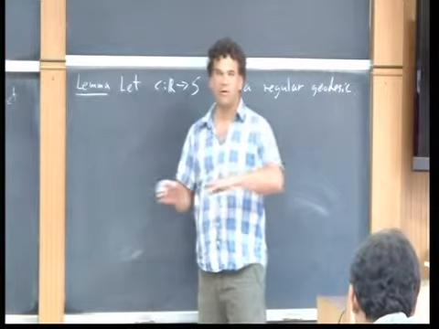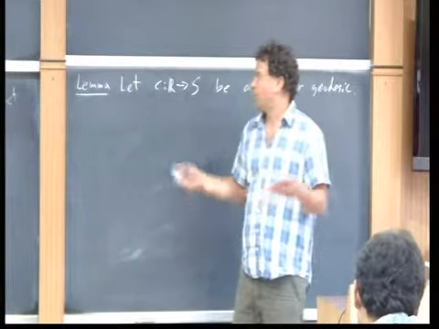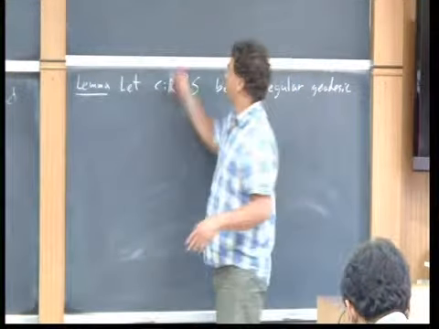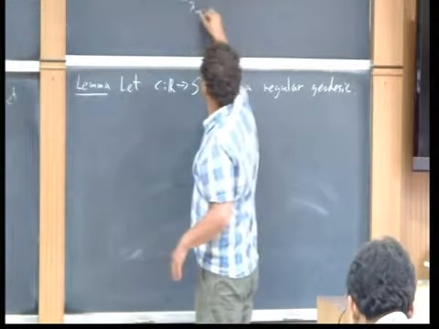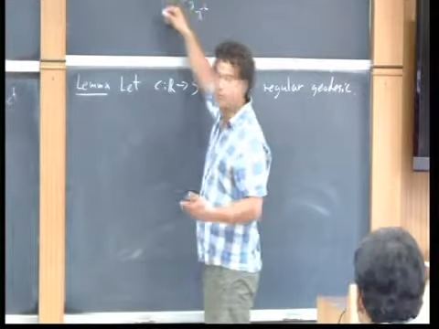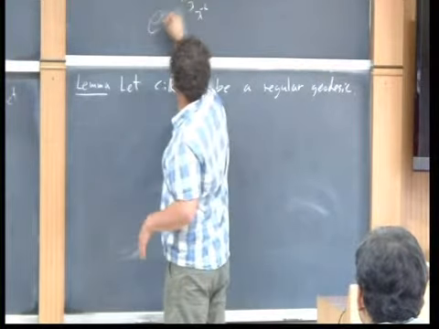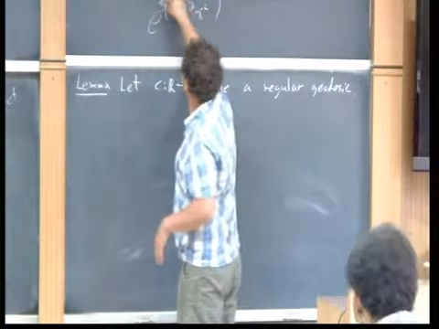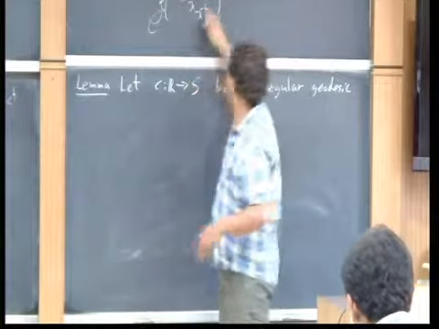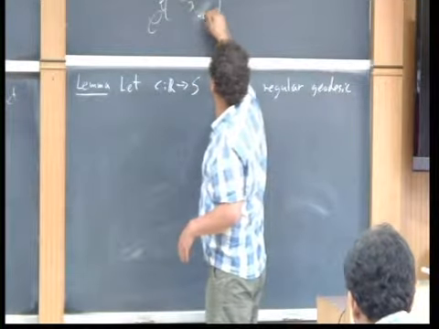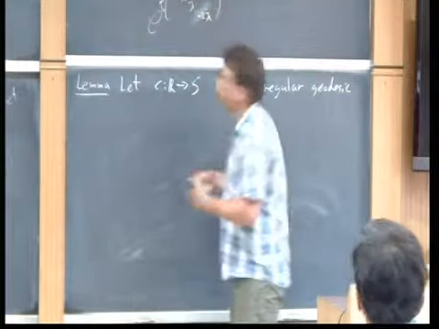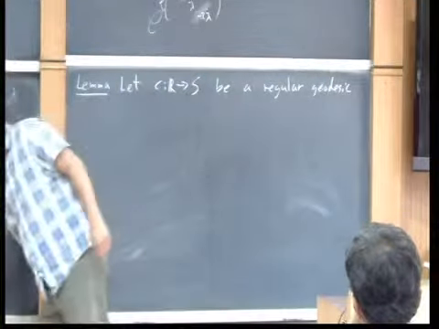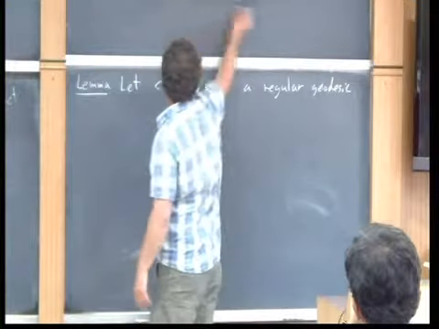So in other words, in rank 1 every geodesic is regular, but in higher rank there are geodesics which correspond to elements like e to minus 2 lambda, which is not regular. But okay, we take a regular geodesic